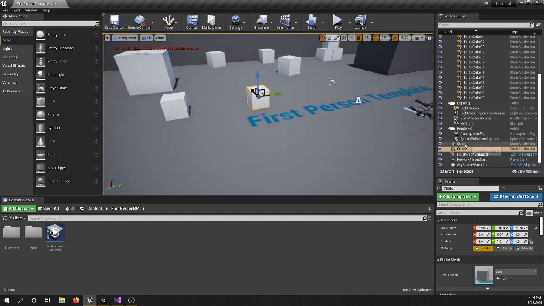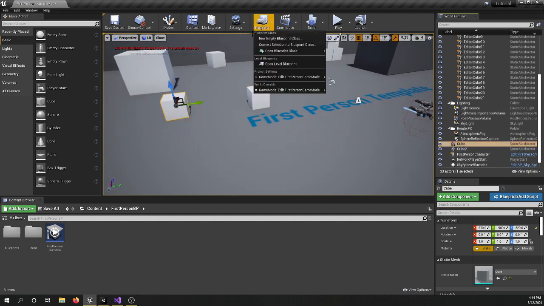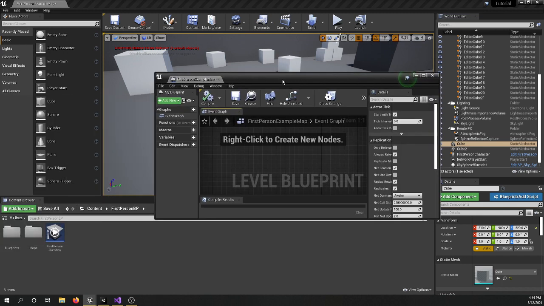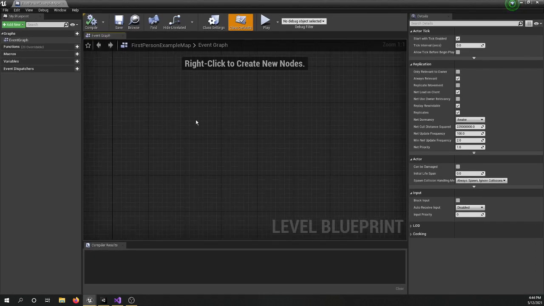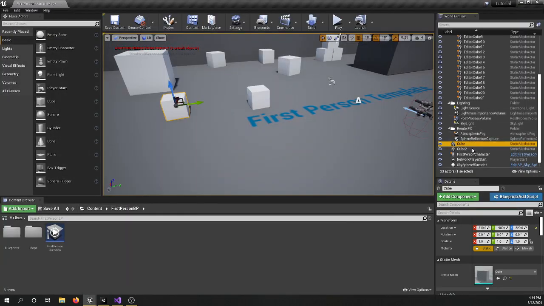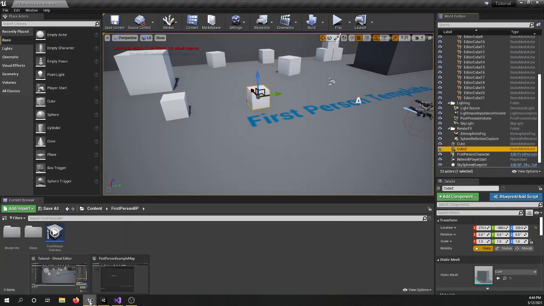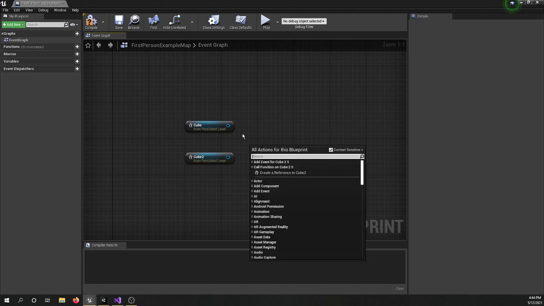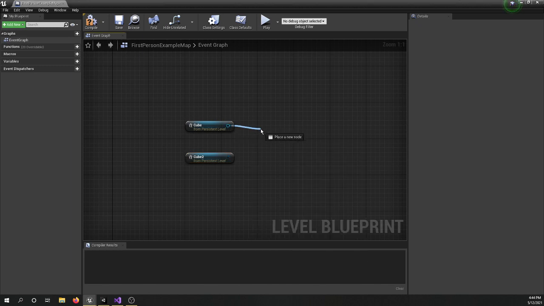Okay, let's just call it Q2. So I'm going to open up the level blueprint. Okay, it's open here. We're going to maximize it. I'm going to right click and create a reference for a cube, and minimize it, and then create a reference for Cube 2. So I'm going to right click here as well, create reference. Now to find the distance between those two objects, all I have to do is drag this node here,